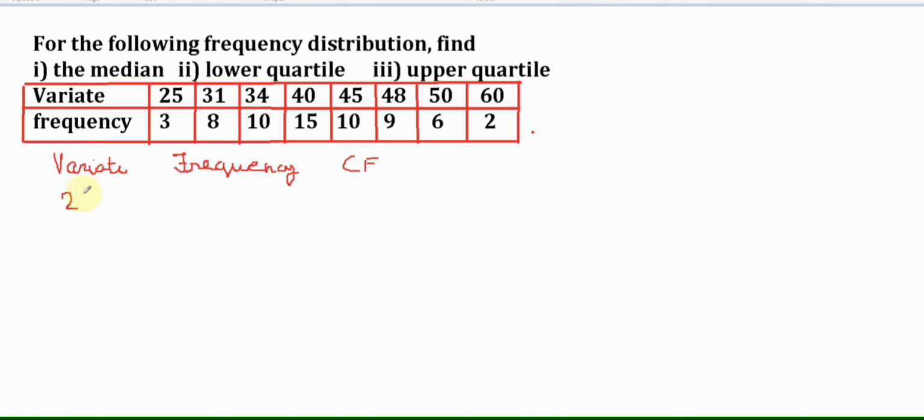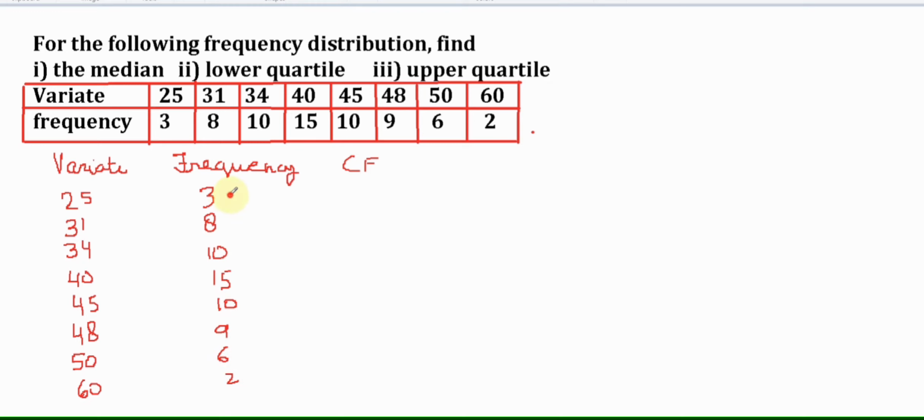Now the variate is 25, 31, 34, 40, 45, 48, 50 and 60, with frequencies 3, 8, 10, 15, 10, 9, 6 and 2. This is already in order, so no need to do anything.